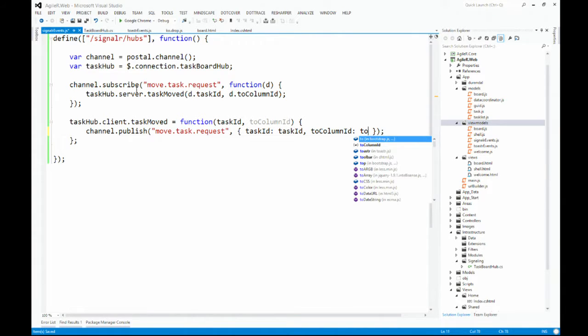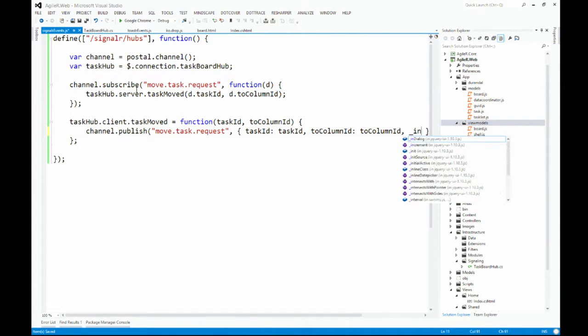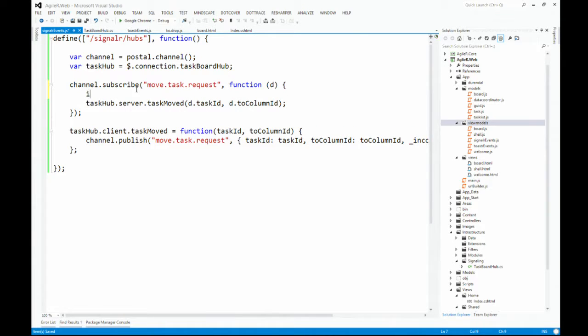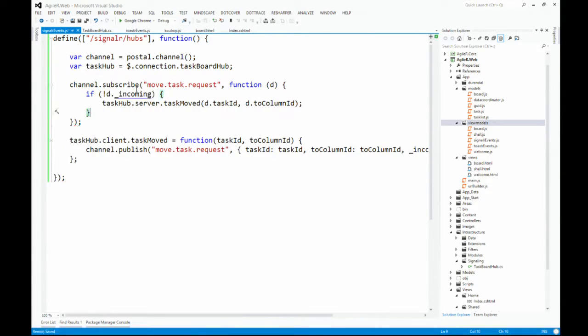And I'm going to add at the end of this just one more parameter as well. So I basically want to know that this guy has come in from the server. So I'm just going to have an incoming parameter in this object. The local ones are not going to have it. So what I don't want to happen is the other guy gets the message and he sends it straight back up to the server, and that's not going to be good. So over here, I'm just going to say if it's not incoming, then send it to the server. Okay, so I've subscribed to the server. I'm subscribing to the events happening locally, and I've put them both together. And then the final most important step, which is just a few fat fingers there. Yep. We have to start the SignalR connection.